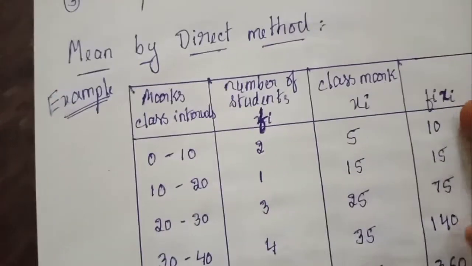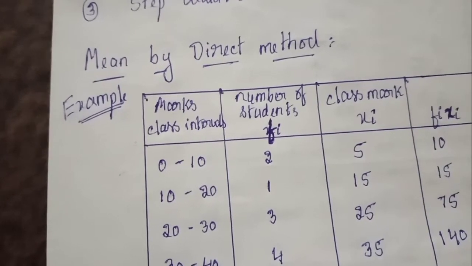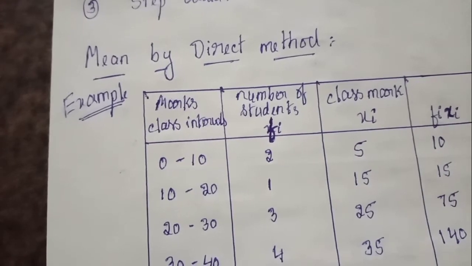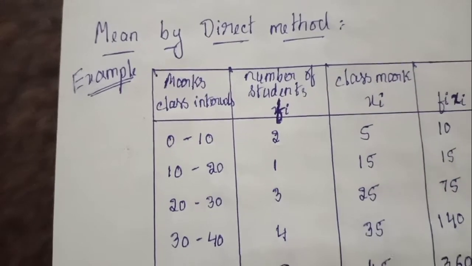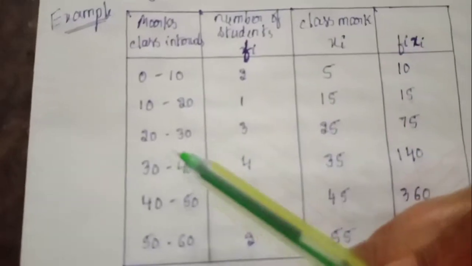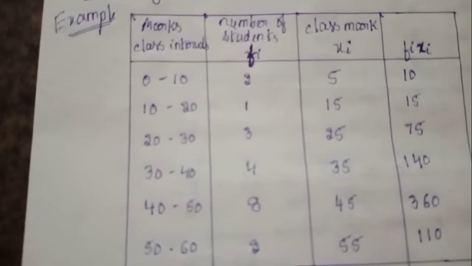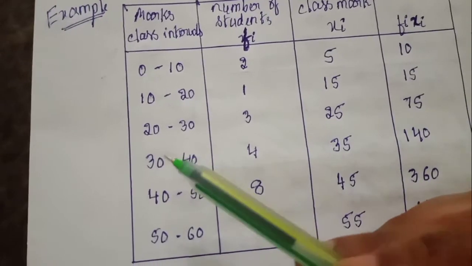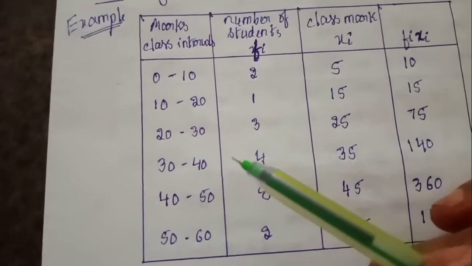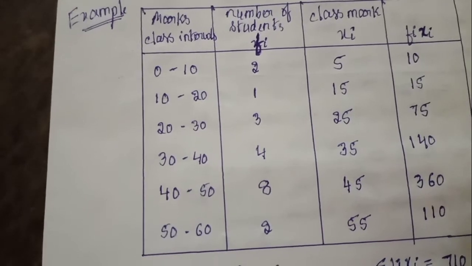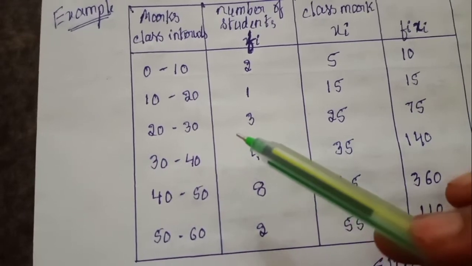Now, what is meant by direct method? In the previous class, I took a data and we converted an ungrouped data to group data. The same data I am using now. This is the data: marks and the number of students. These two columns are the data. You can observe that there are groups here, so we call this group data. Now the question they asked is, find the mean of this data. I hope you are not aware of how to find the mean of such data in class 9th.